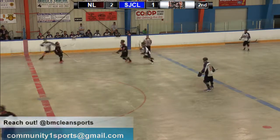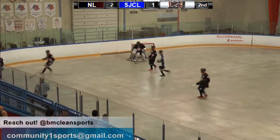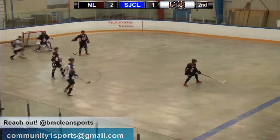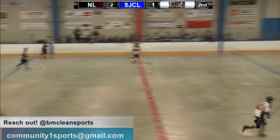So 4-on-3. It's going to be 5-on-3 in a second. On the chase is Curran. Curran gets there first, his speedy, athletic assistant captain here for St. John. Shot doesn't get through. Poked over the far side by Savoie. Oh, Savoie